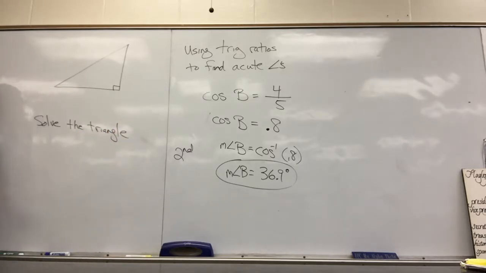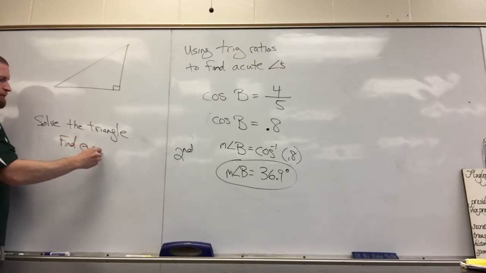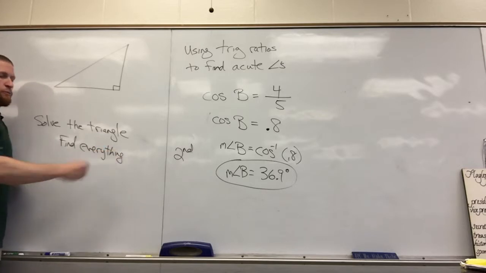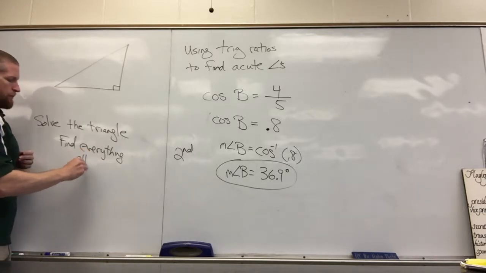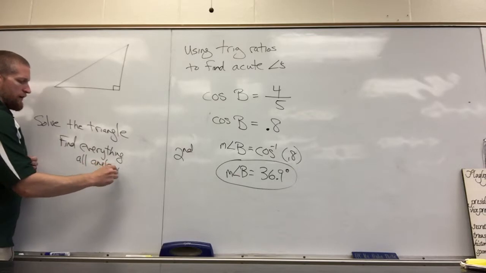Alright, the next step would now be solving. You guys already have all the steps to be able to do this. This is more just so you understand what this term means. When you have a problem that says solve the triangle, this means basically find everything. So anything that's missing, find it. That includes angles and sides. So find everything means all angle measures,